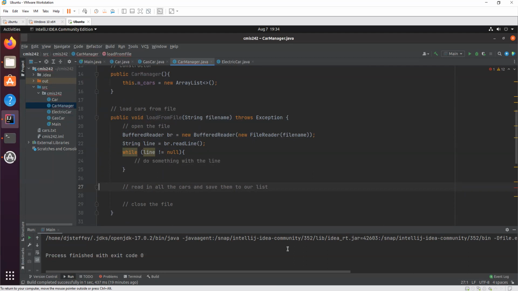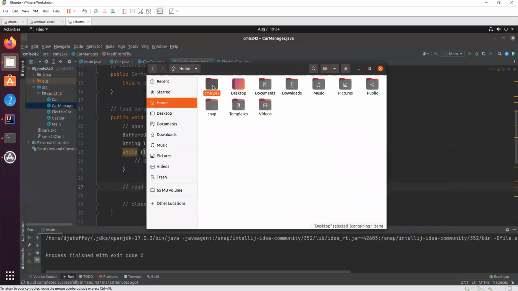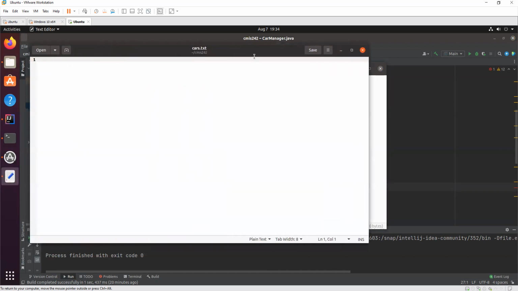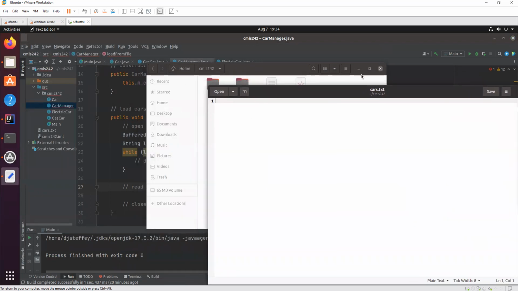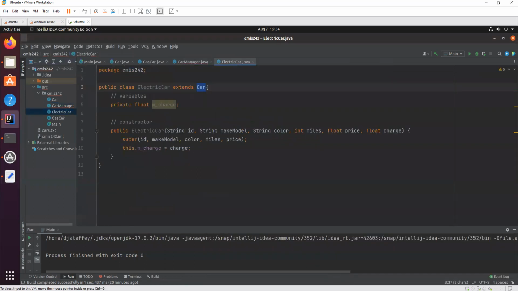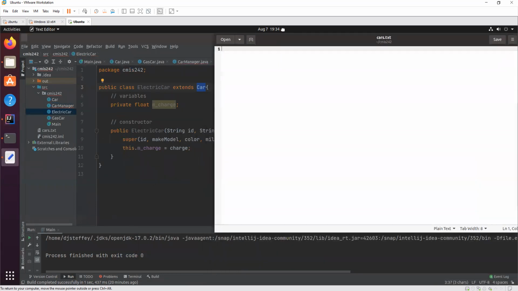Let's go ahead and make a file, and let's think about what needs to be in it. CMIS 242. Let's say I have this file called cars.txt. So let's look at our electric car. Here's our file.